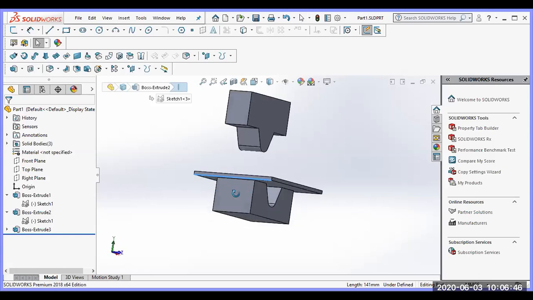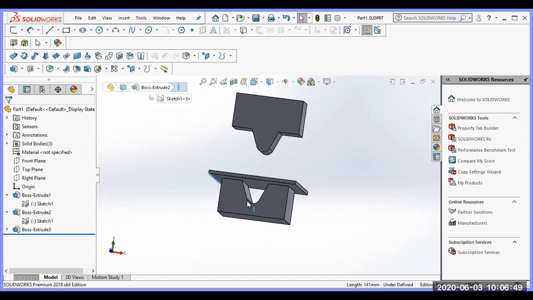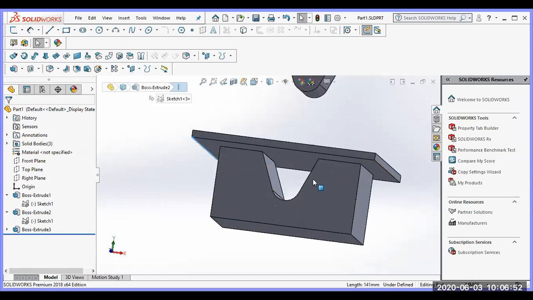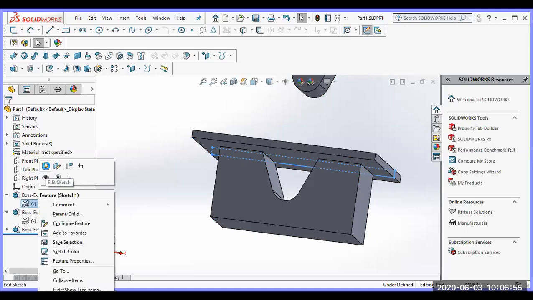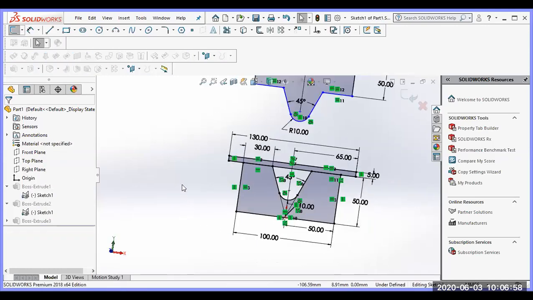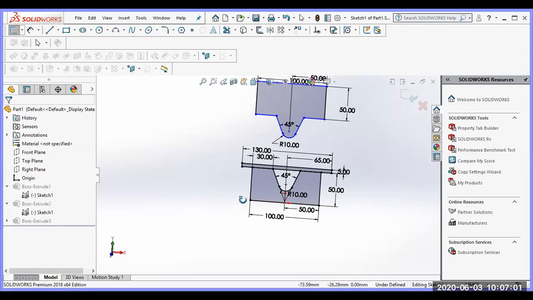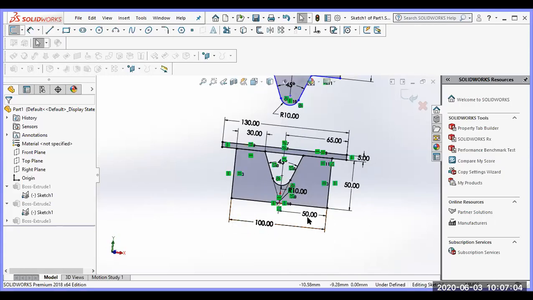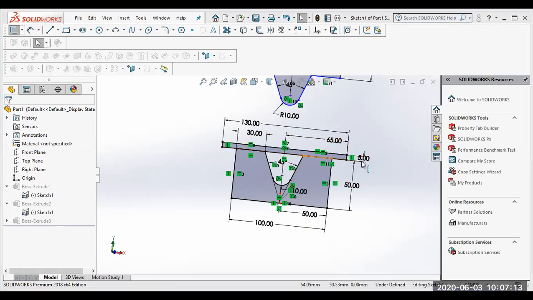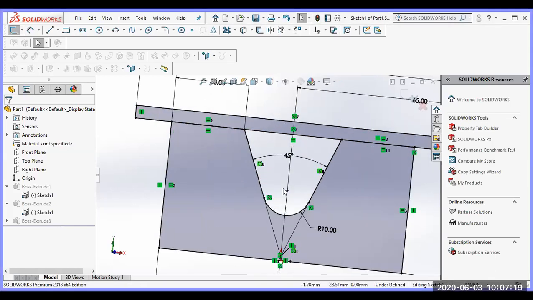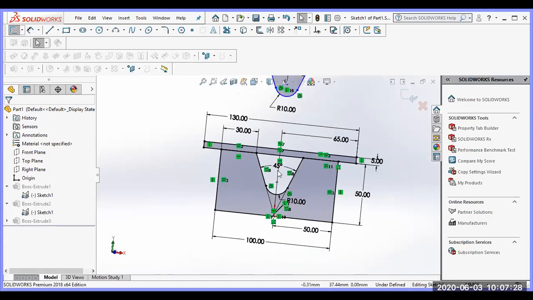Now the creation of the bodies is very simple. See, this is the die; the shape is like this. I created this just now. See the shape of this. Now you create the dimensions: the die is 100 mm in length and 50 mm in height, and similarly the sheet is 5 mm thick. The sheet length is 130 mm. Here we selected a big V shape die. The corner radius of the die is 10 mm. The angle of the V groove, I think everybody knows, I maintain at 45 degrees.